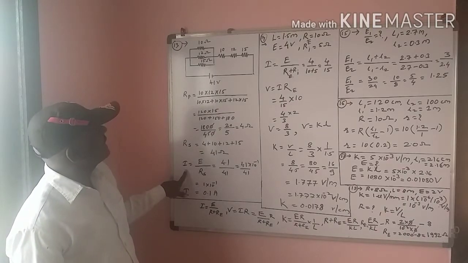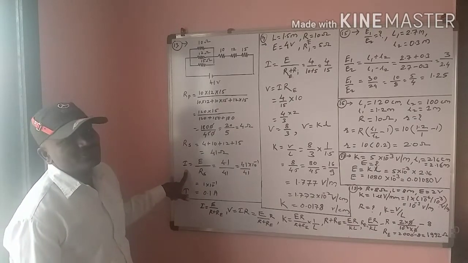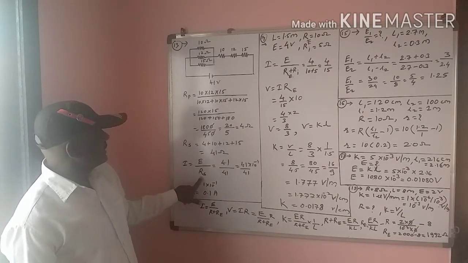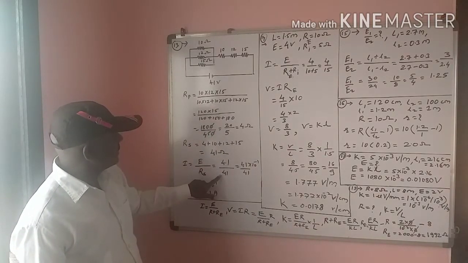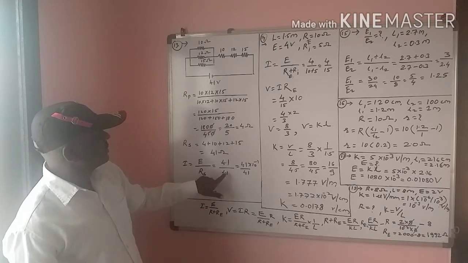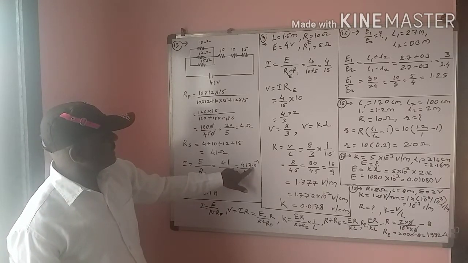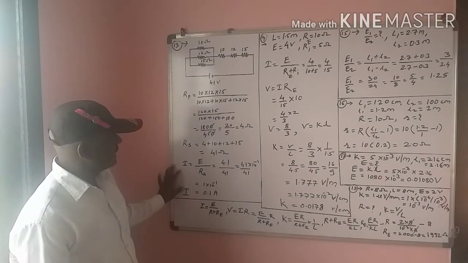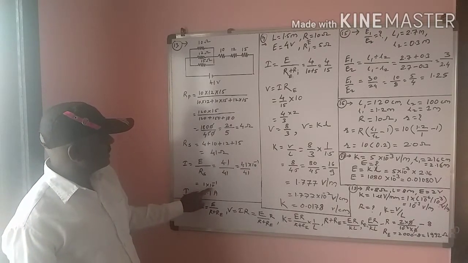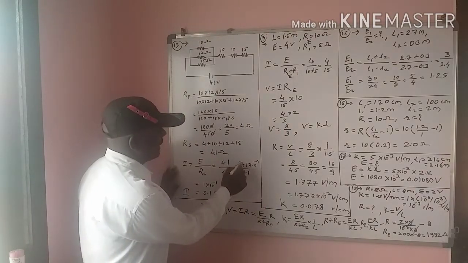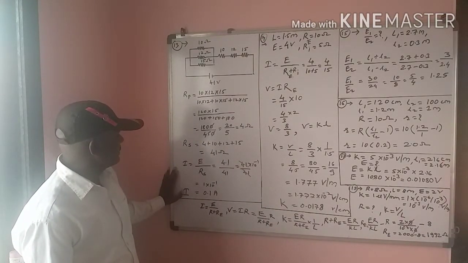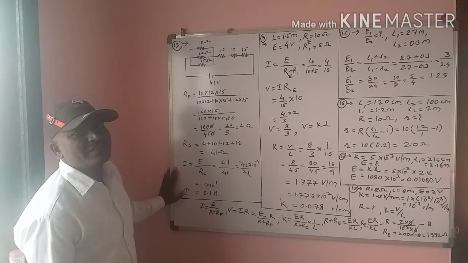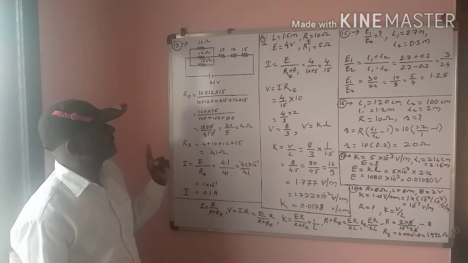Again, total current through that circuit is given by I is equal to E upon Rs. E is 4.1 volt and series resistance is 41. So I is equal to 41 multiplied by 10 to the power minus 1, divided by 41, as the decimal is shifted. 41 and 41 are cancelled and we get 1 into 10 to the power minus 1. That is, the total current flowing through the resistor is 0.1 ampere.